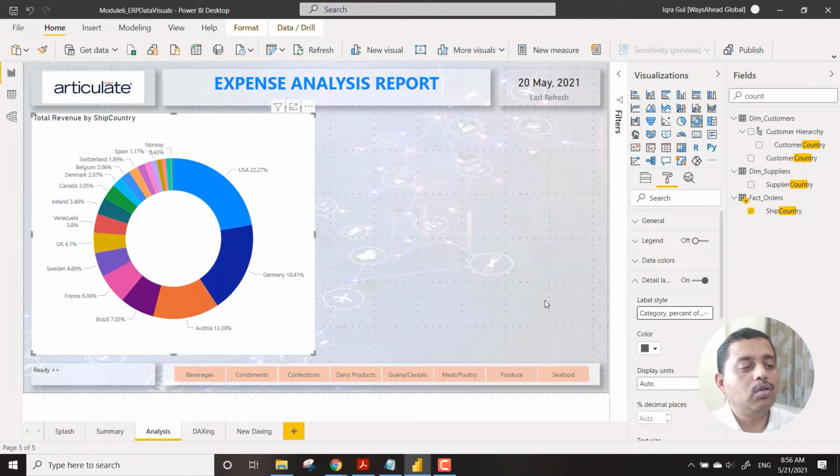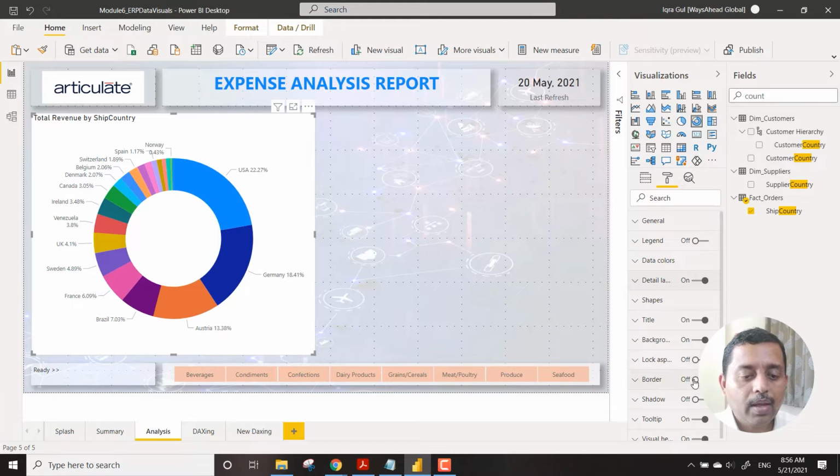Remember, we talked about bad data. I mean bad visualization, not bad data. Sorry, it should be bad visualization, right? We have talked about bad visualization. Now here, this is a classic example of such a bad visualization. And then we come over here and give it a shadow, our very own shadow. Here we might not be focusing too much on the shadow part of it.